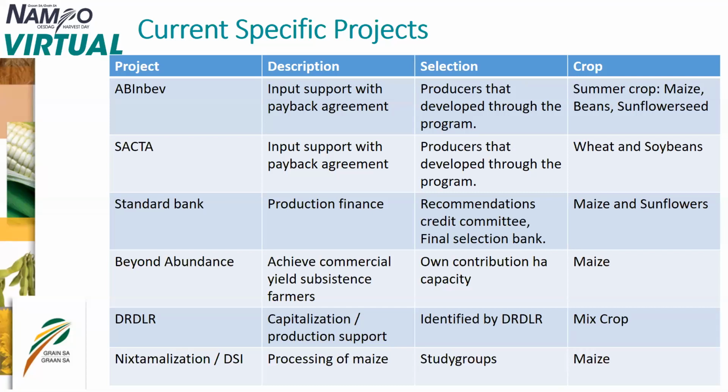The next one is more our smaller scale farmers. That's the Beyond Abundance project. This is typically 1 hectare producers. Here, the farmers do a buy-in of in the order of 4,000 rands a hectare, and then we go to the input providers, obtain the right inputs, purchase the inputs and deliver the inputs to the producers,